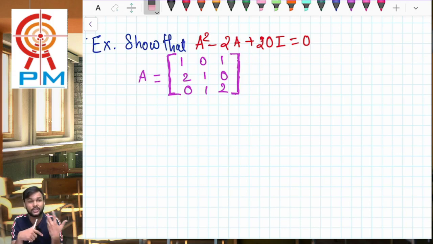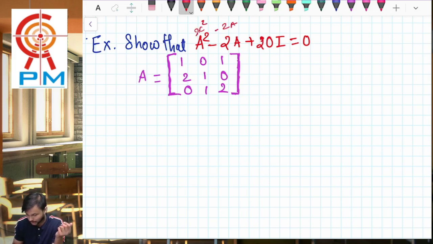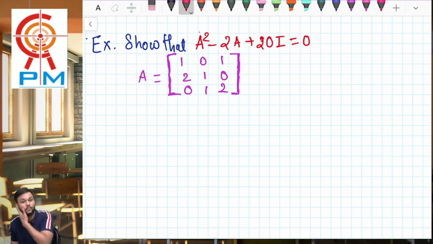So it's a kind of equation type of question only, where your A is x. If you consider your x as A, you get x square minus 2A plus, let's take 20 only. So this is kind of your quadratic equation type only, just that now this has been converted into a matrix. And now using matrix operations and algebra of matrix, we are going to show whether this entire equation is equal to 0 or not.